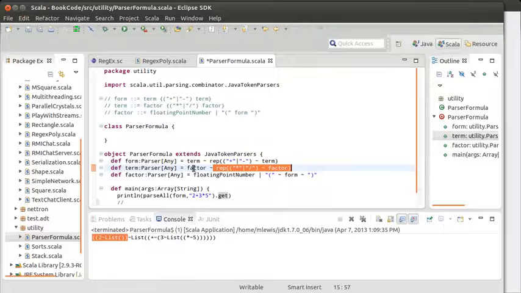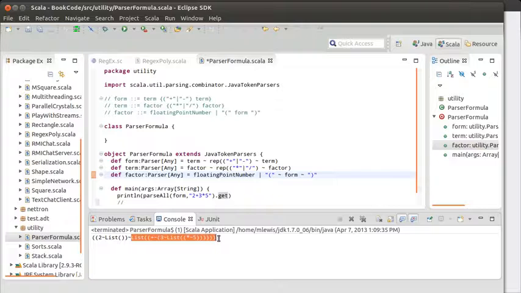And the factor is the 2, which winds up matching on a floating point number, which is a pre-programmed regular expression for us to help make this so it's easier. And so then the stuff on this side of the tilde over here is what we got from this rep. And so you'll see that it's a list, and it's a list that actually only has one item inside of it. It's a tilde with a plus